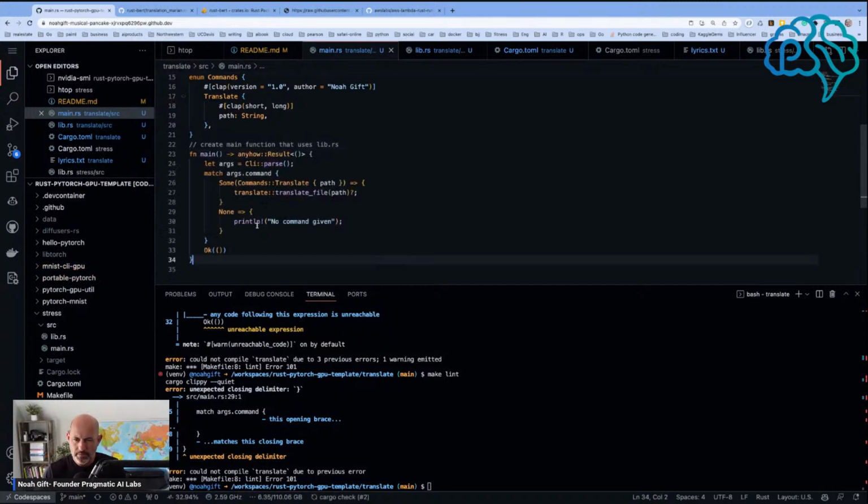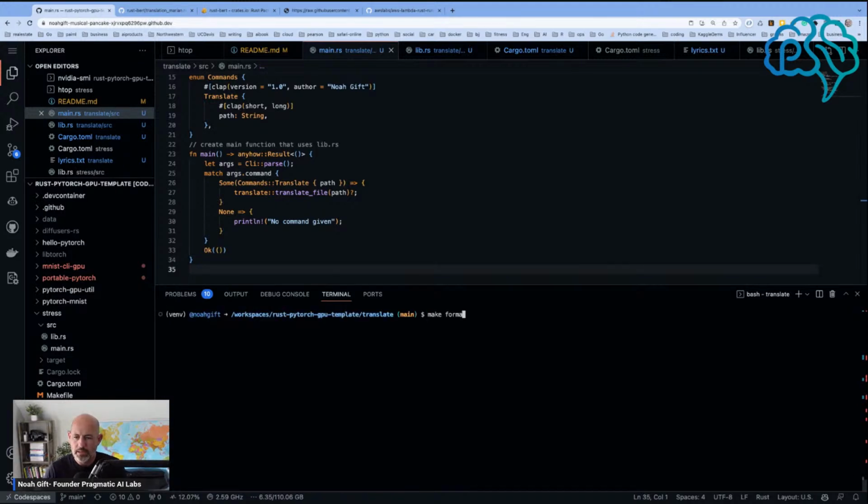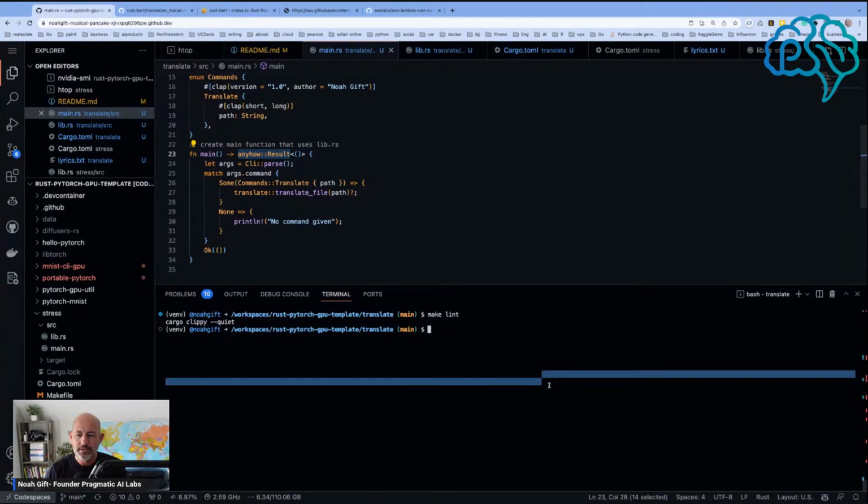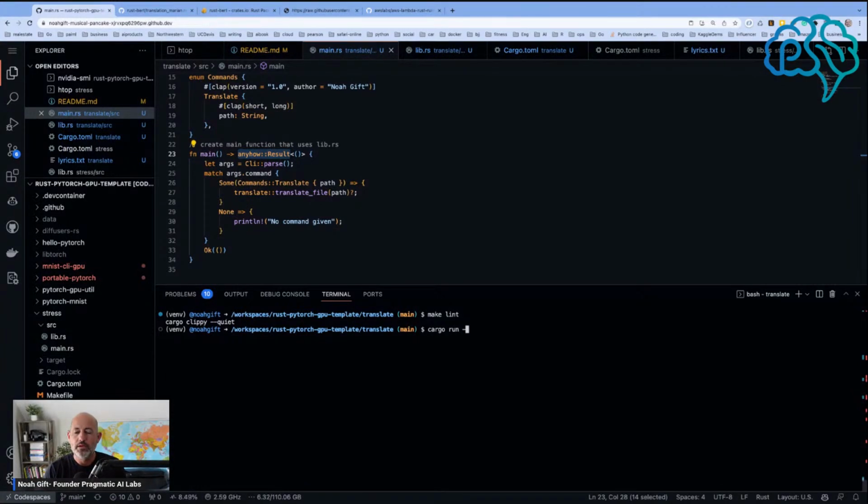Yeah, I'm struggling here on how to translate file match format. Int. There we go. I just had to clean this thing. I think the issue was that it's returning this result was the problem. So in theory, I should be able to say cargo run --